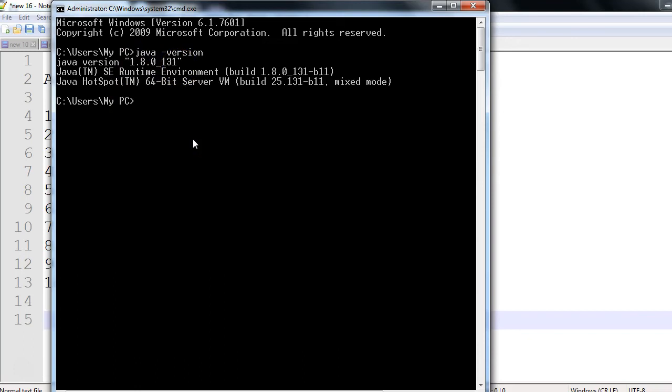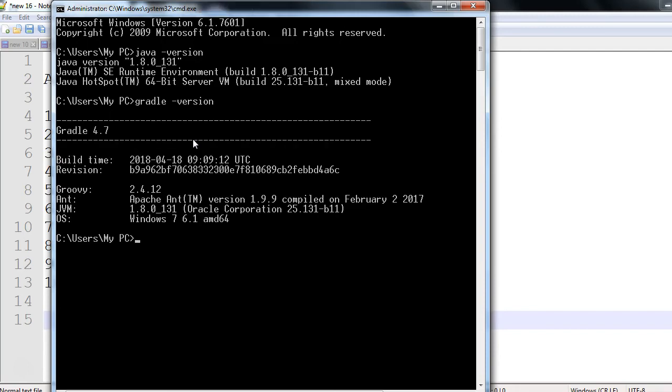and let's see what I have in Gradle. I can see the Gradle version like gradle -version. It should come, and sometimes it's a bit slow. I think 4.7 I have in my machine. So by using gradle -version, you should see the Gradle version installed on your machine. Here you go, I have Gradle 4.7. Let me check my Git version, git --version. It is the command to check the Git version.